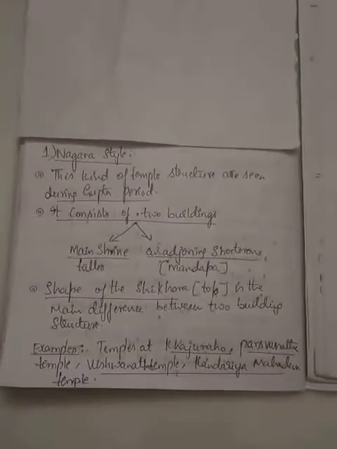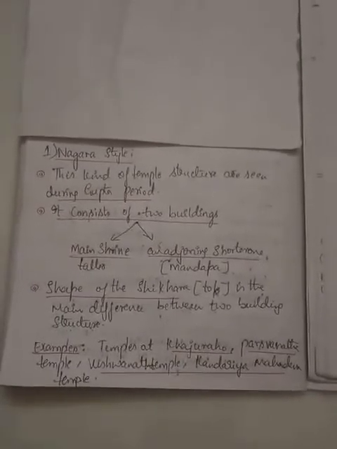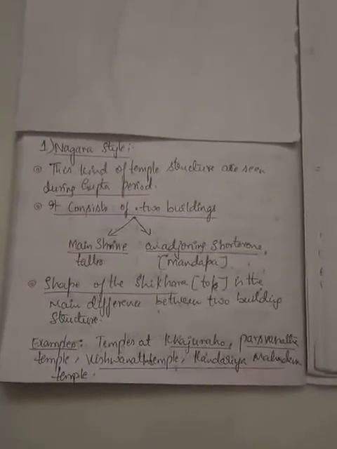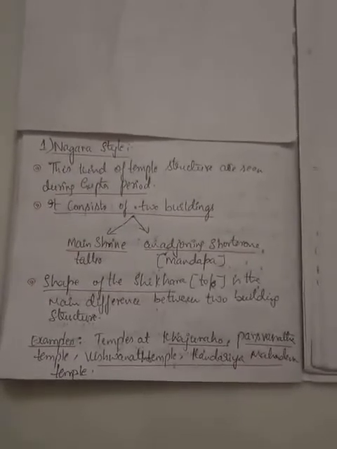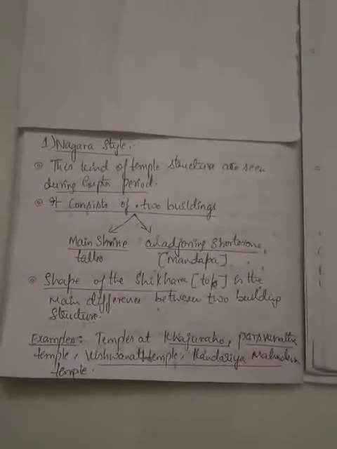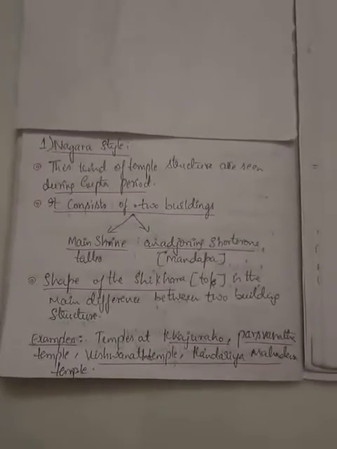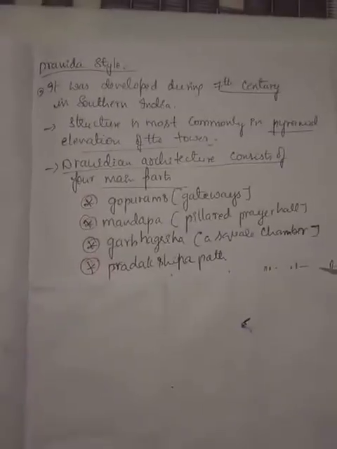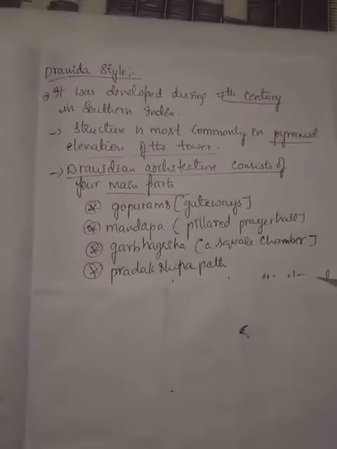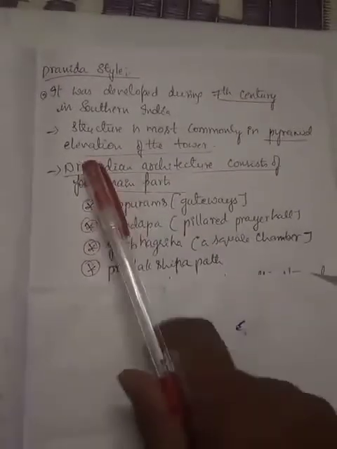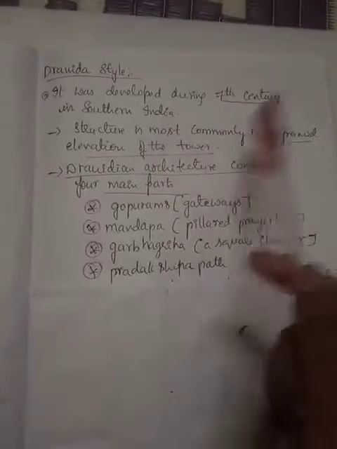in Bhubaneswar and Sun Temple in Konark and Jagannath Temple in Puri, which is a famous temple. So these kinds of temples, which are located in the northern part of India, generally have Nagara style of architecture. So next we'll move on to the second one. What is that? Dravida style of architecture during the medieval period.